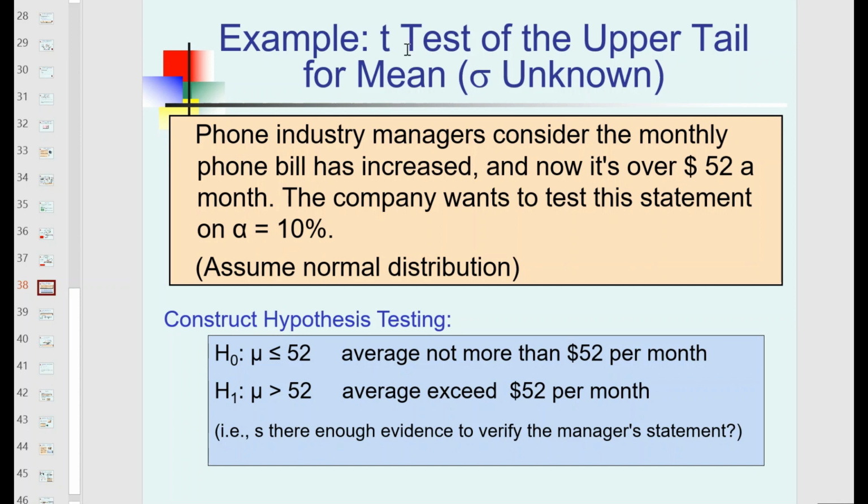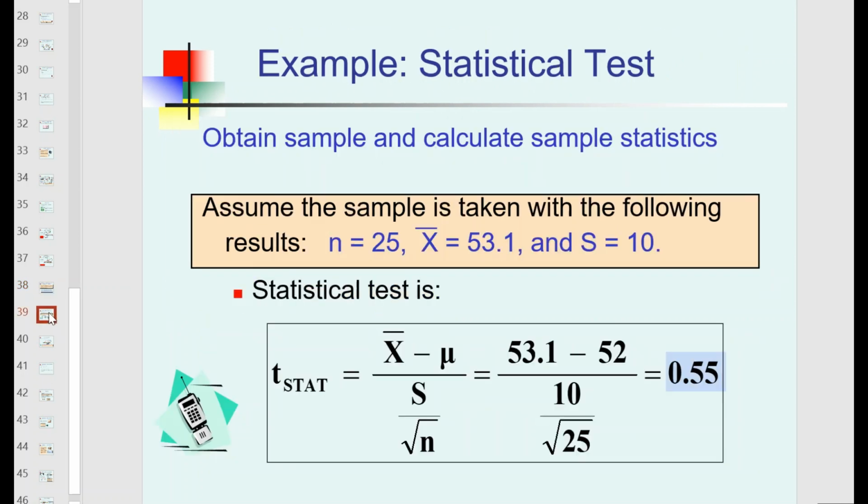So we know that your mu is less than or equals to 52, average not more than 52. It states here that it's over 52, so your alternative hypothesis is more than 52. Average exceeds 52 ringgit per month. So this is what? This is an upper tail because it's more than 52 here. Okay, so for this one tail, which is upper tail,